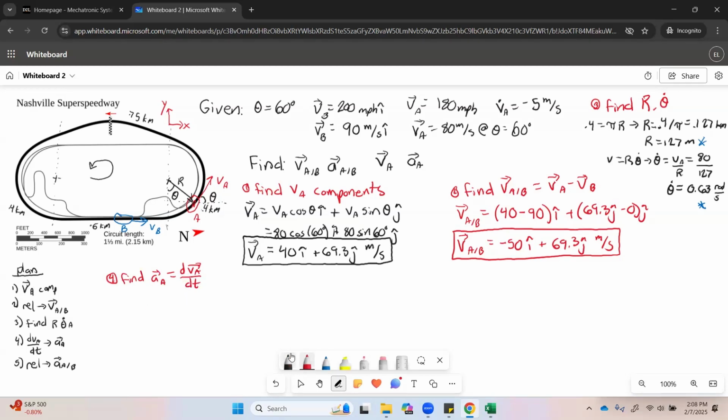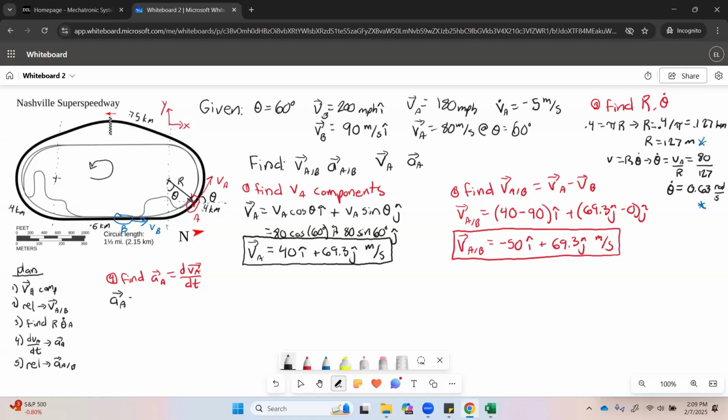Okay, so we've got VA here. It's VA cosine theta in the I hat plus VA sine theta in the J hat. Now, when we take the derivative of this, we'll use product rule because V changes. We know V changes because we have a VA dot. The car is slowing down to take the curve, but also the direction is changing, so that theta is changing. So product rule because speed is changing and angle is changing. So